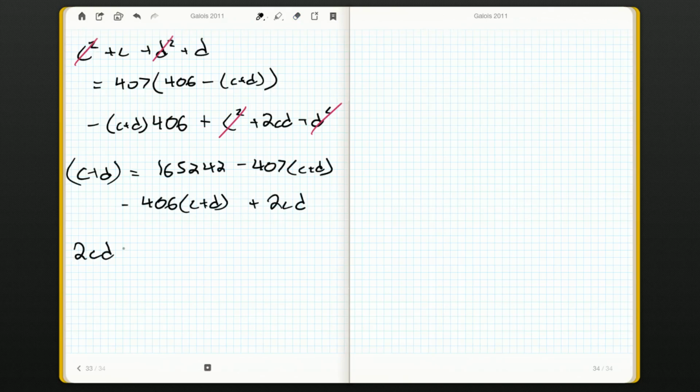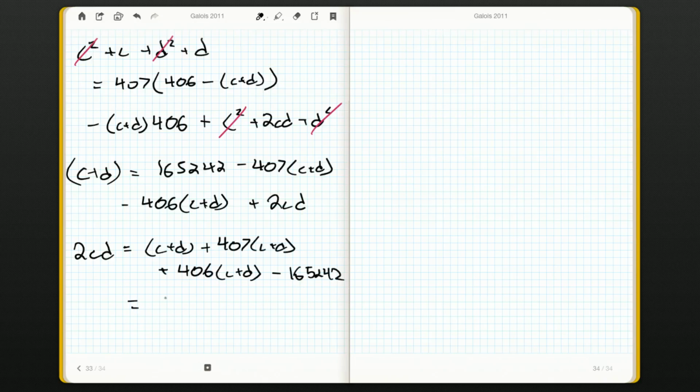So 2CD is equal to, well, we have 1 CD by itself, and then we have to add on 407 CDs. Then add on 406 CDs. And subtract off 165242. Alright. Well, we can simplify this. So this is 1 CD, this is 406 CDs, so we're going to have 407 CDs plus 407 CDs, so we're going to have 814 copies of C plus D minus